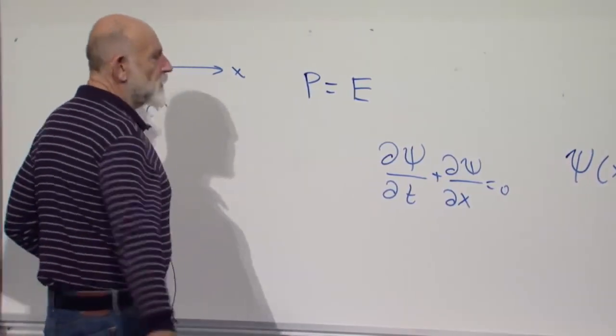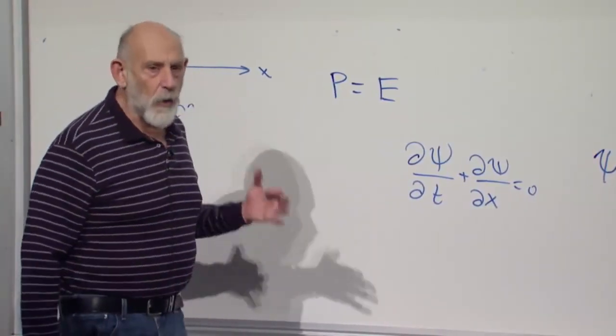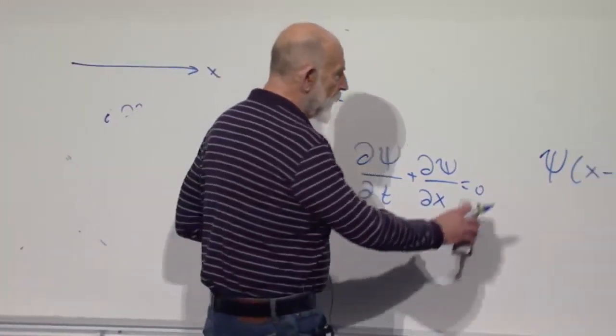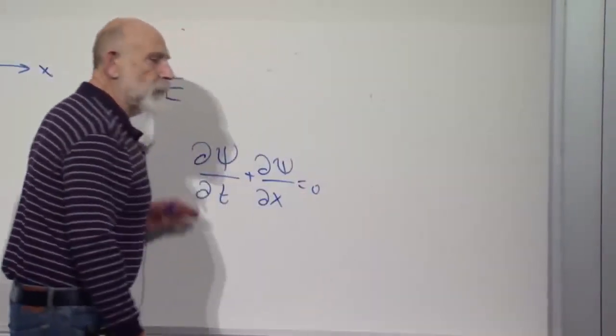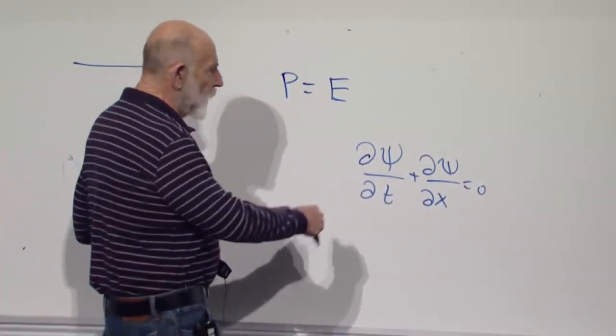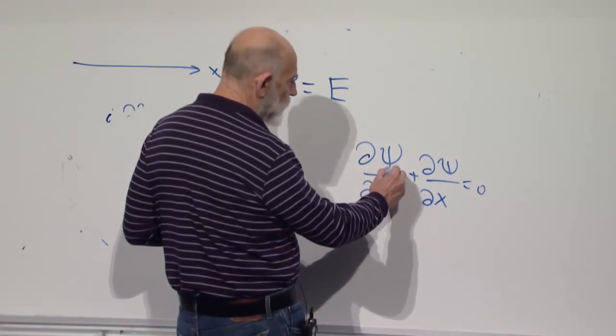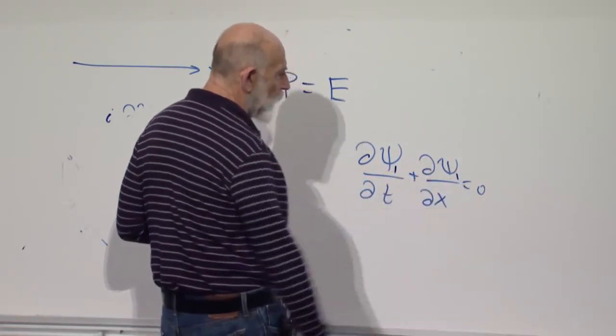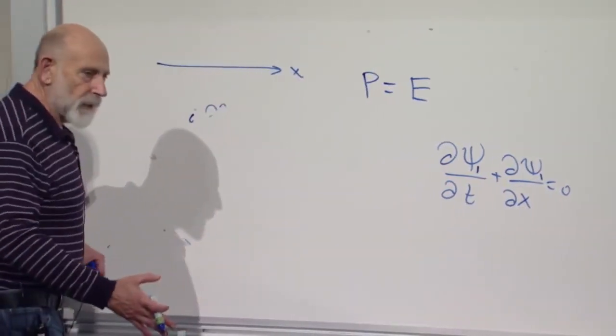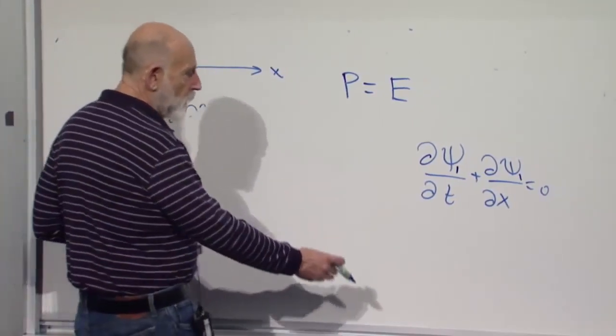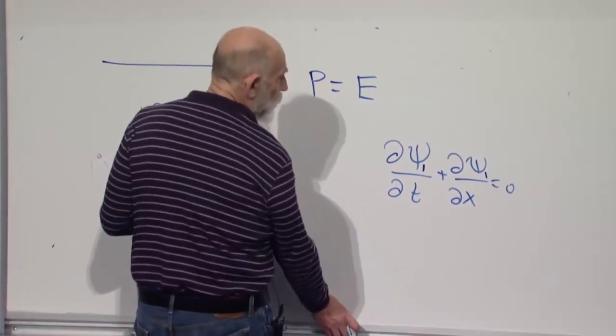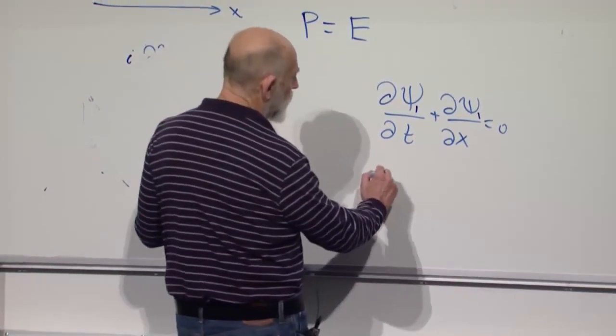Or we can say a particle can be one kind or the other. If we have only one particle, it could be the right kind or the left kind. And so let's put a psi 1 here. This is the equation for particles which move to the right. And what about the equation for particles that move to the left, which we'll call psi 2? That's the equation